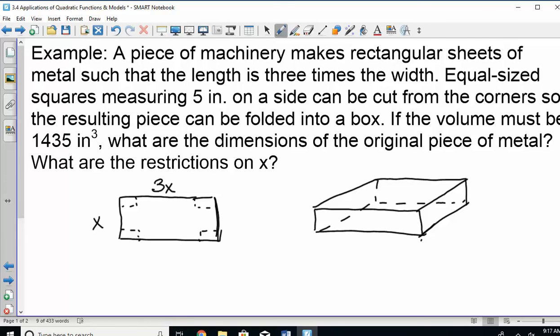Okay, let's see if we can label the dimensions on this box. So this side was X, but I came in and cut off the squares that were 5 inches. So I took off 5 inches on this side and 5 inches on this side. So how much have I removed altogether? 10 inches. It was X, you take 5 off each end, so now it's X minus 10. This side was 3X, but you took 5 off each end, so now it is